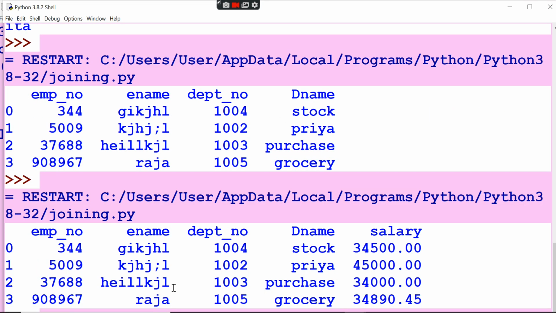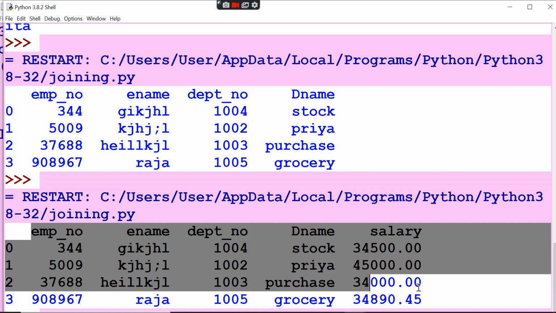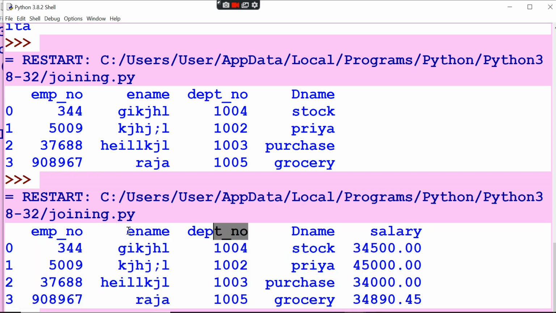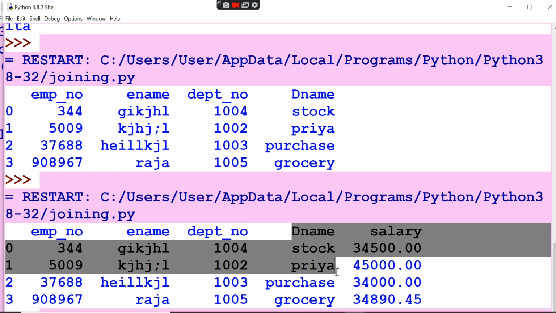So this is the thing. So two tables have been joined here, right? So this is the first table, and these are the second table, department name, and